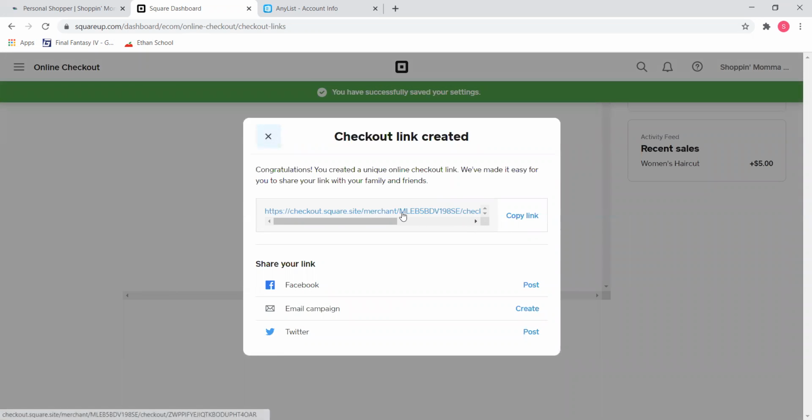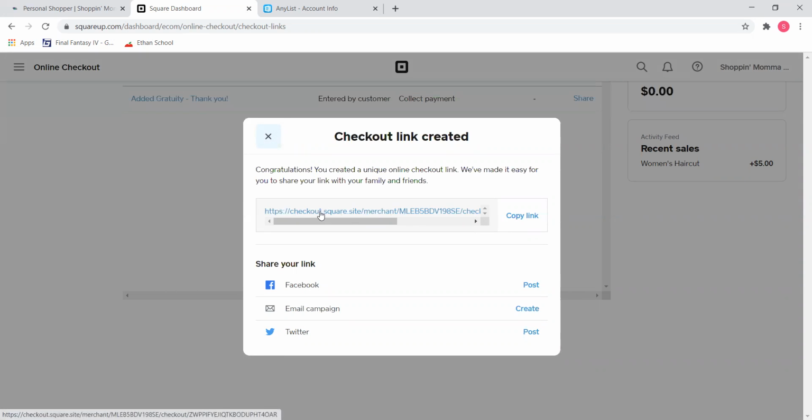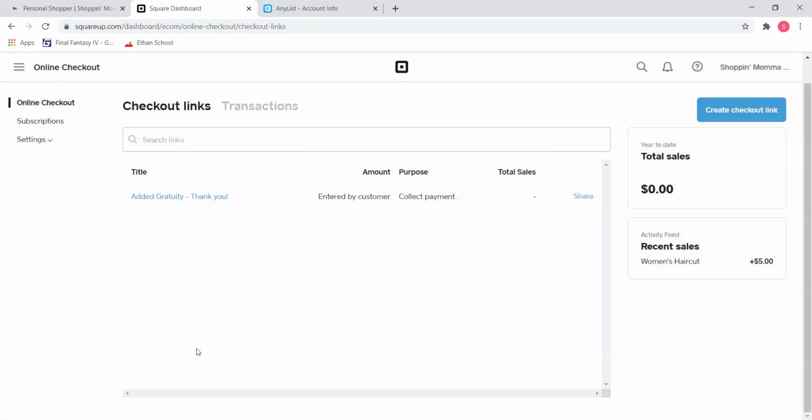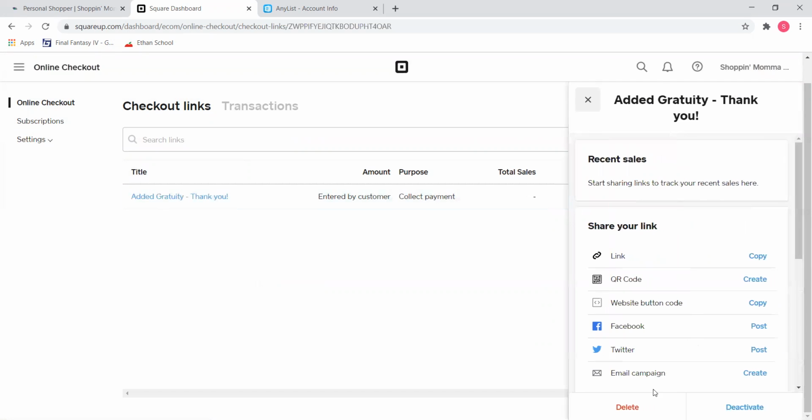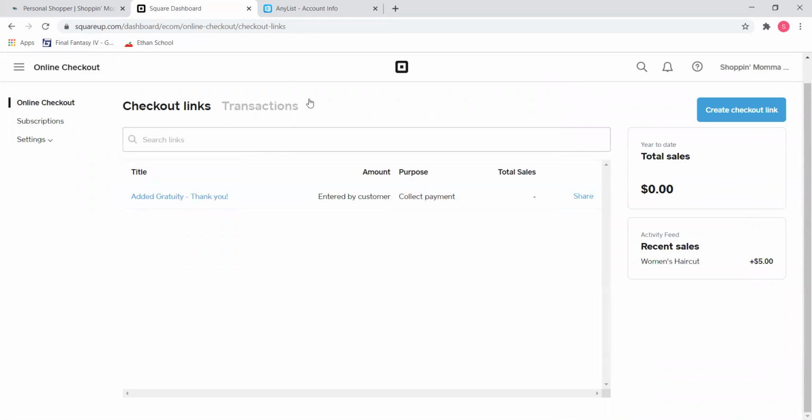And this link you can add into your text message or put it on your receipt. I have my receipt, and you can actually see what the receipt looks like, and I'll show you that in a minute. But I don't know that it's actually a clickable link within a receipt. I might have to put it into my message. So that's something that I still need to work on. But you will have it there anytime you need that link again. You just go back to online checkout, add a gratuity, and then copy the link. So once you have all of that done,